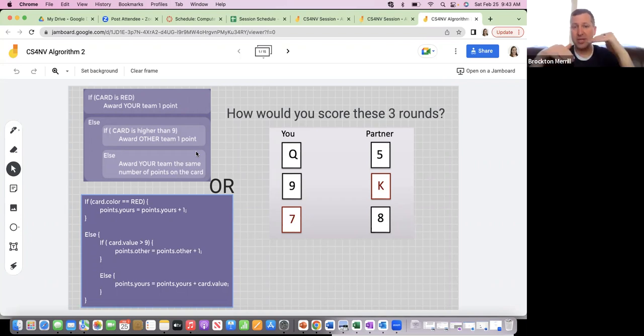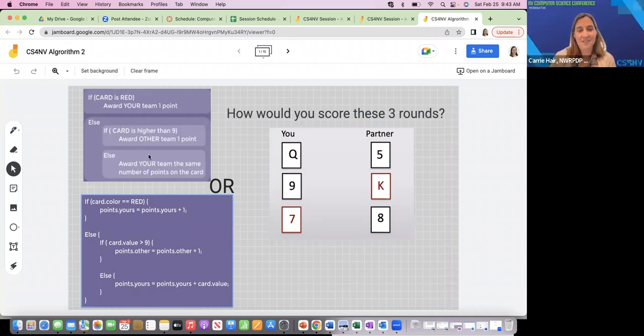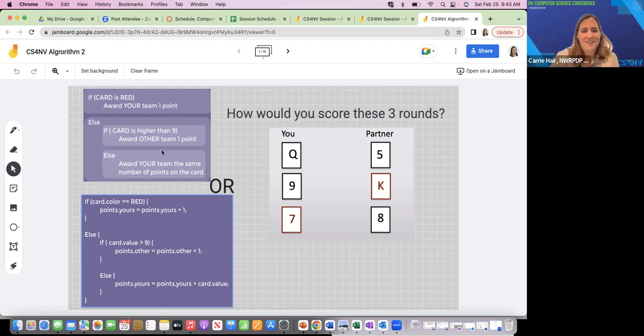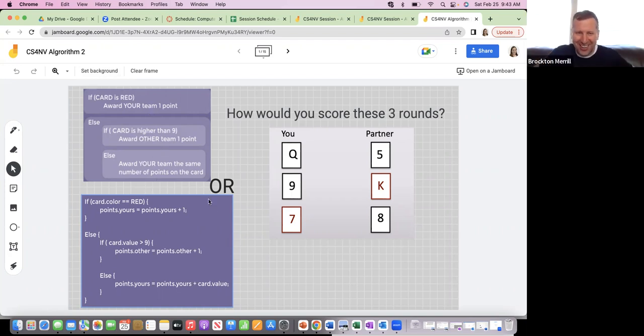I was like, if this, you would award the point, but then else. So else would mean like, if I didn't award number 1, then it would go to the code. If it does award number 1, then it's finished. You're done. Yep. That's correct. But I'll try it your other way as well.